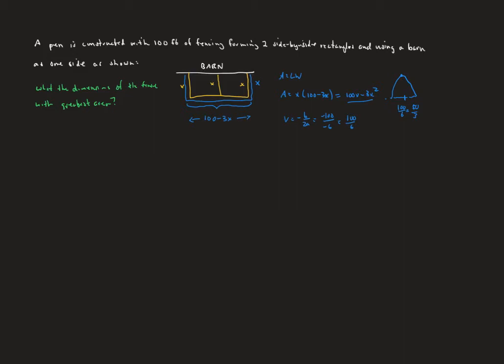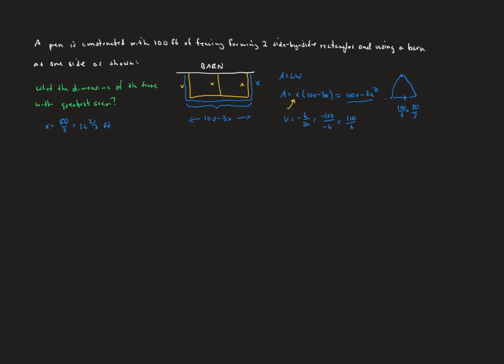And so that is going to give us 50 over 3, or if you like, let's see, 3 times 16 is 48, so we could also think of it as 16 2/3 if that's any more help. That's going to be feet,